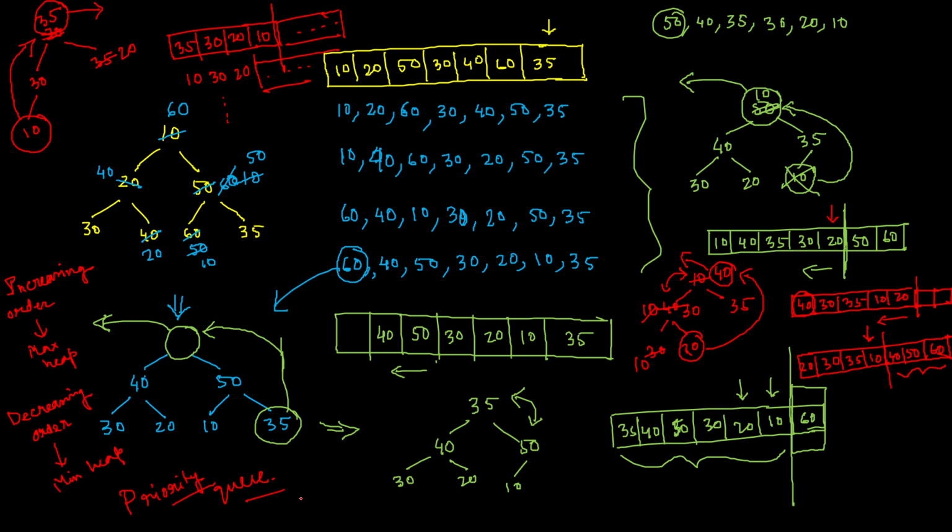And suppose that the maximum priority job is done, so what will happen? The priority value should be deleted from the max heap. That means the root value will be deleted. As soon as the root value is deleted, the next priority value should come to the root, but it is not possible to place it directly. Rather, we can use the approach that we have seen in heap sort, and that is actually what happens in the case of designing a priority queue. So here we can stop the class of heap sort.